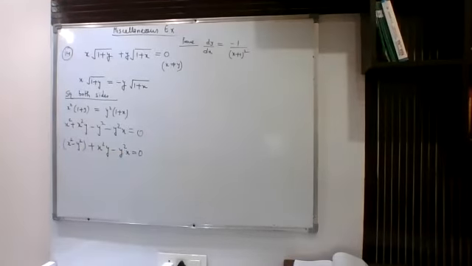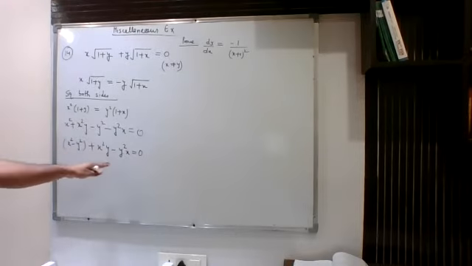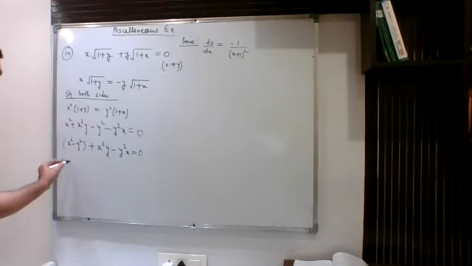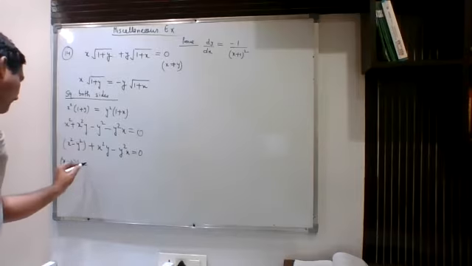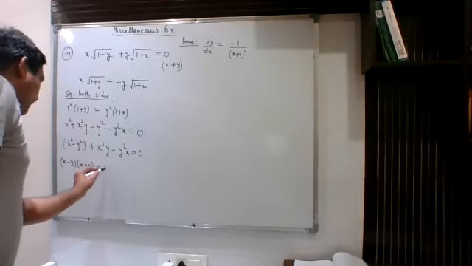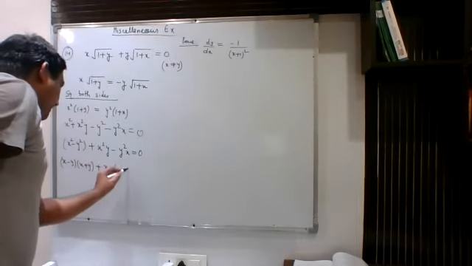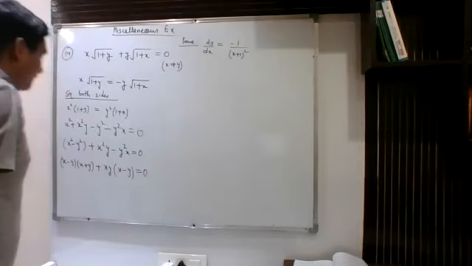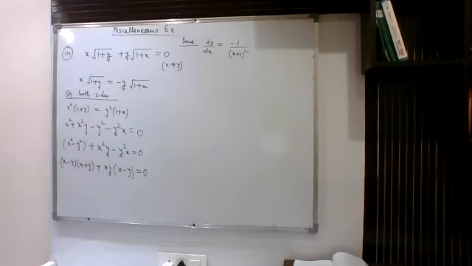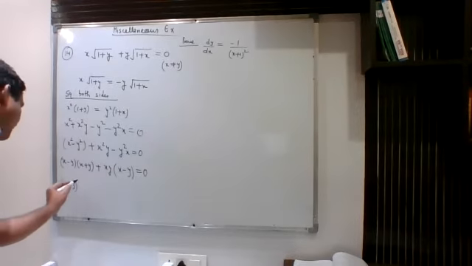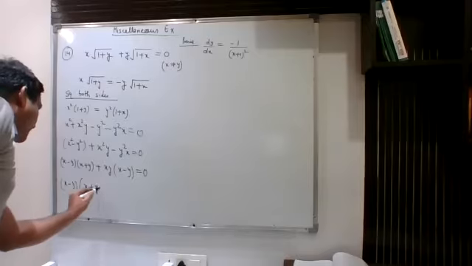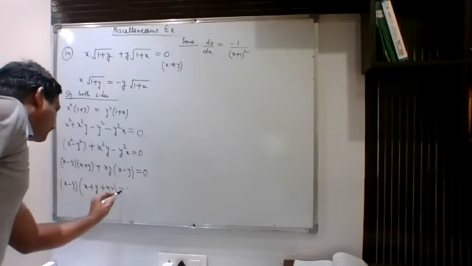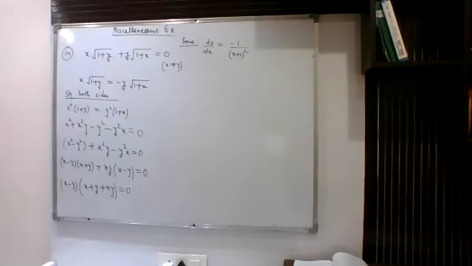So how can we write this? Now after this, let us do the factorization work. From here I can write this as (x minus y)(x plus y). And from these two we can take xy common and write them as (x minus y), that is equal to 0. As a whole, you can take x minus y common now. If I take x minus y common, then I can write this expression as (x minus y) bracket (x plus y plus xy) is equal to 0. So this is what you will get.